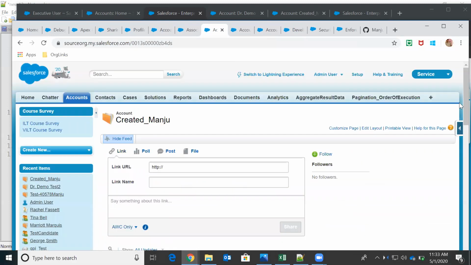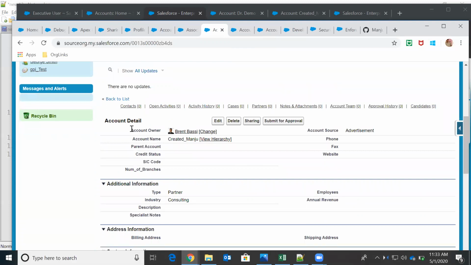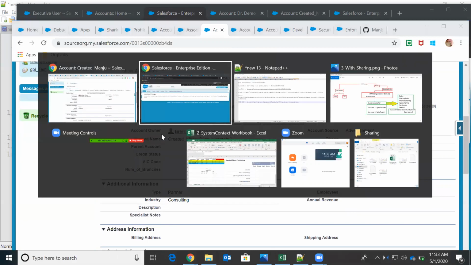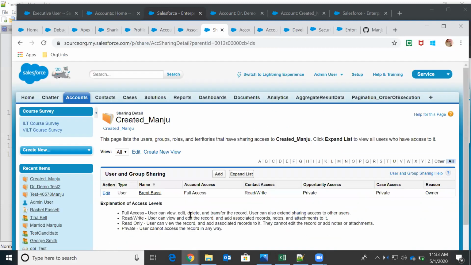For this record, the owner is Bessie. So if the record is owned by this user, then he'll be able to access it, and also we'll see what the sharing reason is. Bessie has full access.